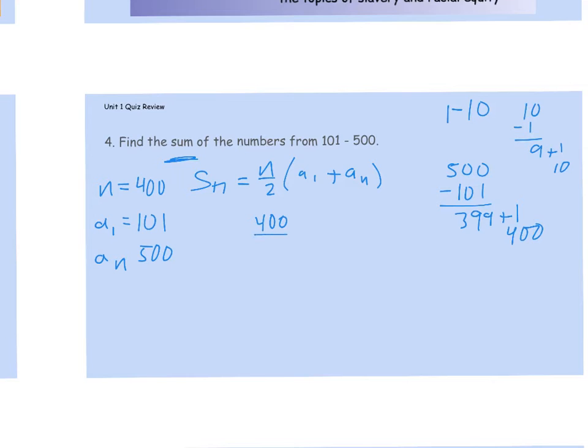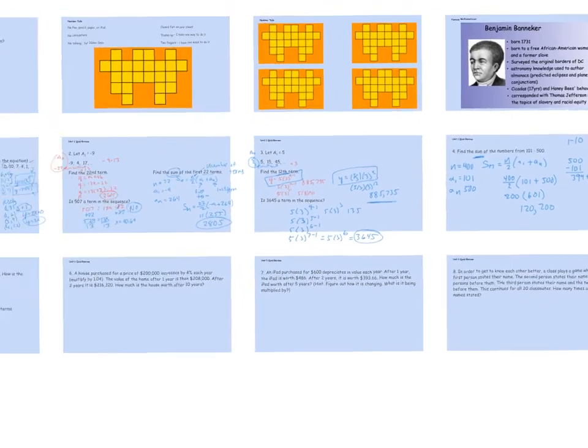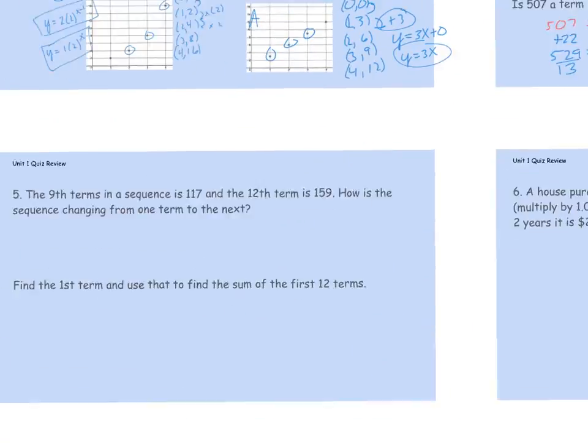So plugging everything in, there's 400 terms. A sub 1 is 101 plus 500. So that's 200. 400 divided by 2 is 200. I get 601. And when I multiply these two, what do I get? 120,200. So make sure you plug that into your calculator and make sure it works out. Okay. So let's go to